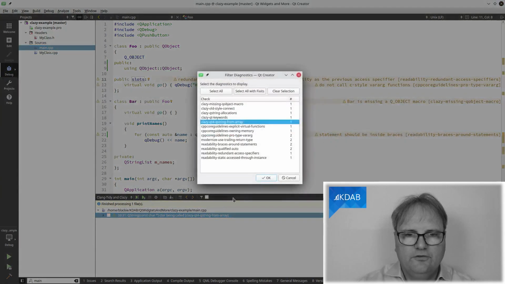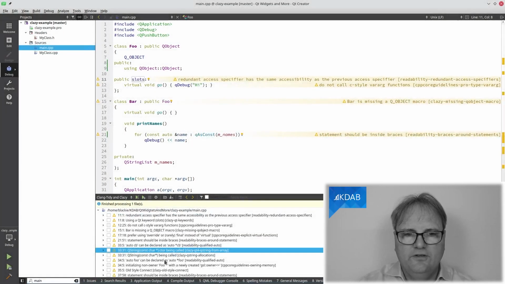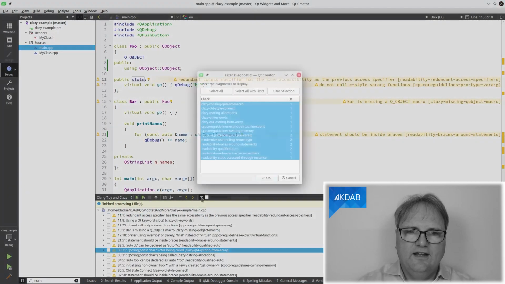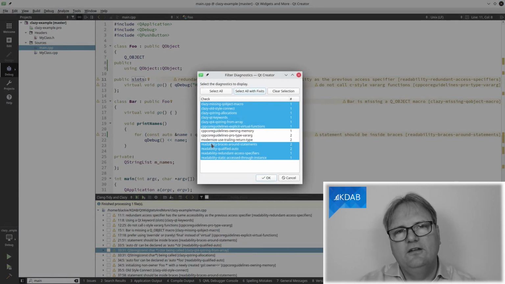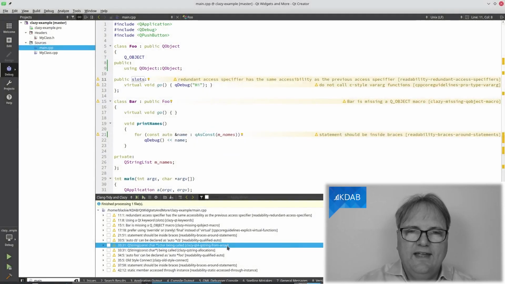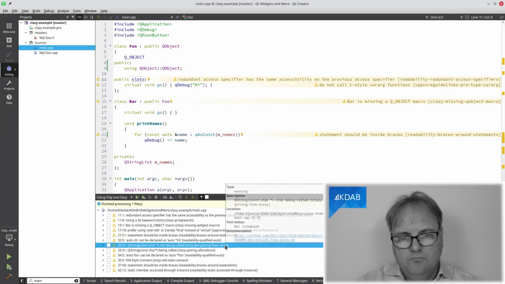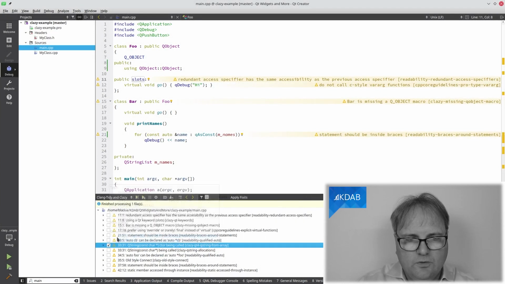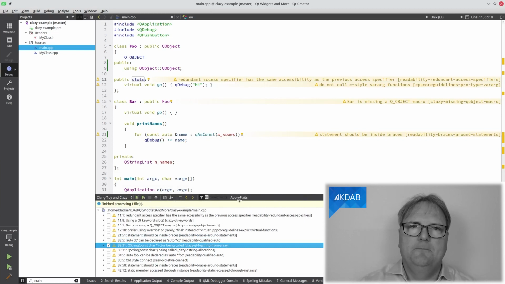I can go up to the filter here and I can select all again, so I see all of the filters. And while we're there, it's nice that I can go up here and I can select all with fixit. So these three, unfortunately, do not have a fixit, but all the others have. So now I can look at those that actually have a fixit. That means that I can do this of saying this one and then apply fix, and it will fix the code for me.